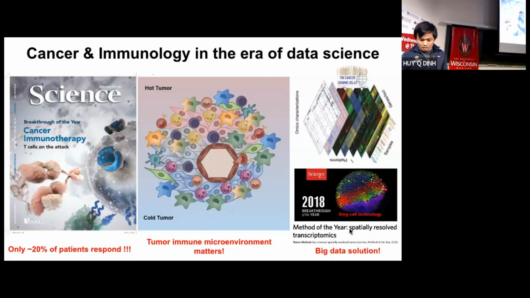And in our lab, we take what we call big data solutions. And big data is really booming since the Human Genome Project, as we all know. But this is where they sequenced up to like 30,000 cancer patients, which also plays an important role there. A lot of machine learning or other methods were developed based on TCGA data as well. And recently we have single cell and spatial data. So I think this is the best time to do data science in cancer immunology right now, and for the upcoming years. So I think it's really a good time.